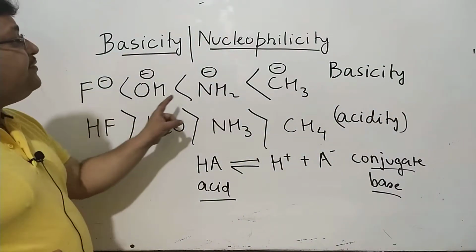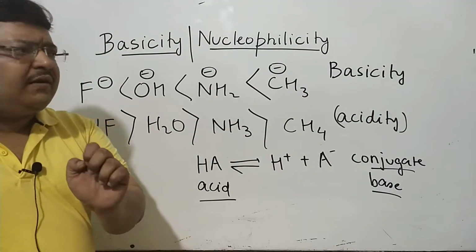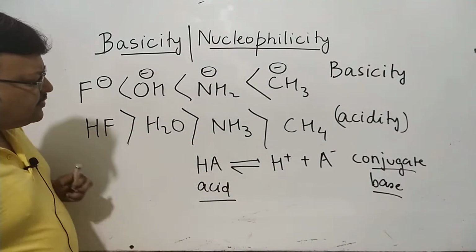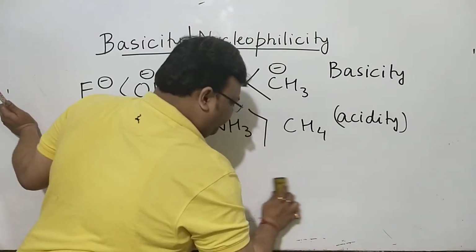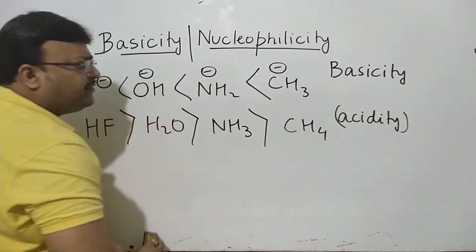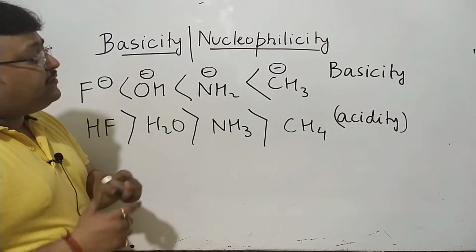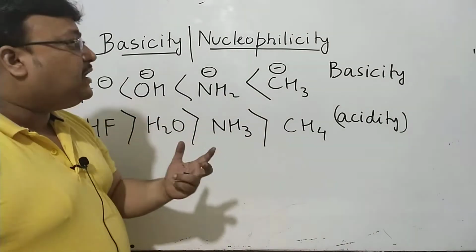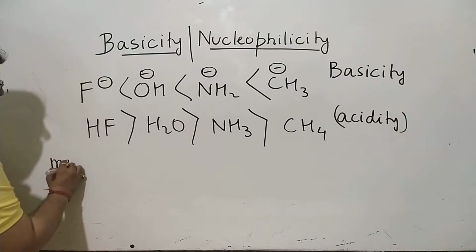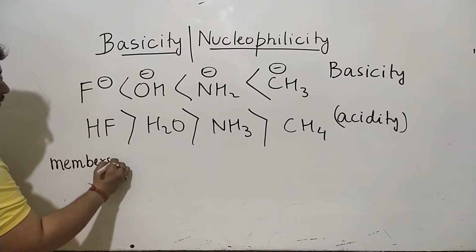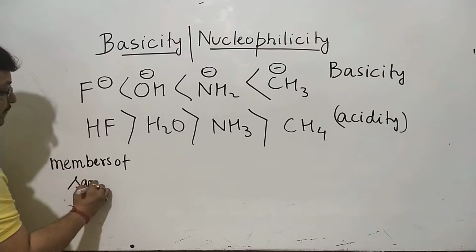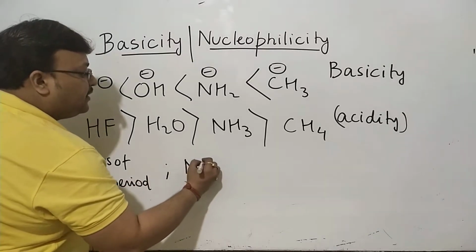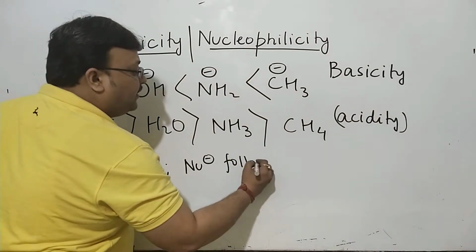Now, when these species are related like, the atom bearing the lone pair, I'll just want to remove this clutter and create some space here. When the species are related such that the atoms bearing the lone pair belong to the same period, if they are members of the same period, then the rule is nucleophilicity follows